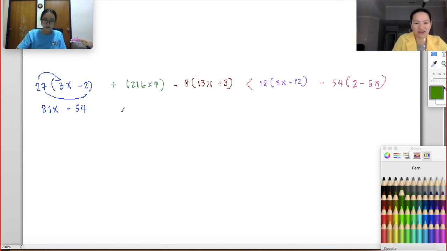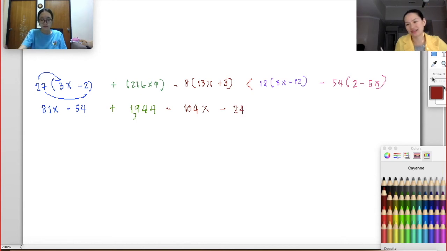And then you plus 216 multiplied with 9, which is equal to 1944. And you minus 8 multiplied with 13 is 104x plus minus 24. It's less than